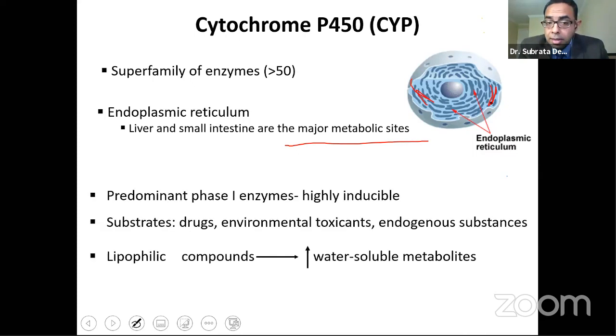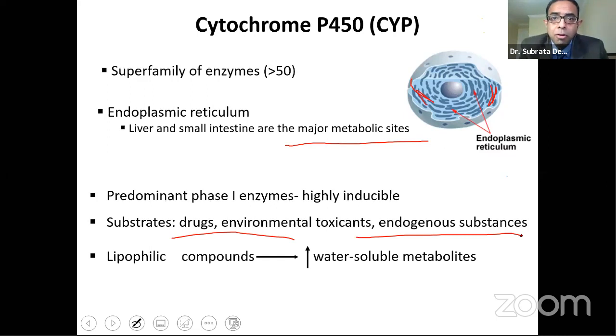And they metabolize every chemical you see on this earth: drugs, environmental toxicants like pesticides, cigarette smoke, you name it. Endogenous substances such as vitamin D, which is one of my research areas, which I've been working on for the last 10, I think more than 12 years, and hormones are also metabolized by CYP enzymes. So this is a vital class of